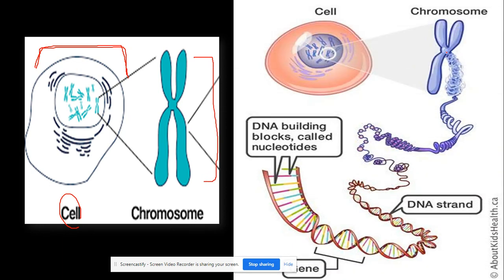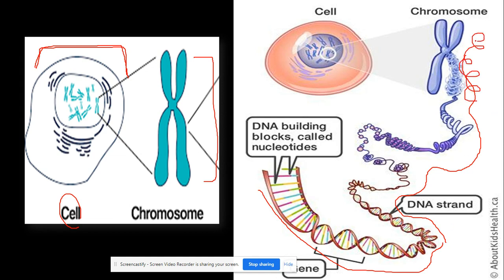This chromosome, guys, is made up of DNA. Actually, it's a long chain of DNA, as you can see. This is a long chain of DNA, and it's coiled in the form of a chromosome. So it's a very long chain, coiled and condensed until it forms this structure, which is the